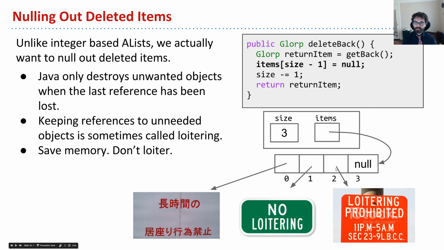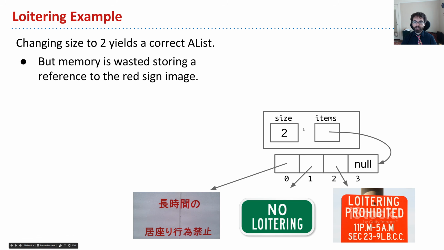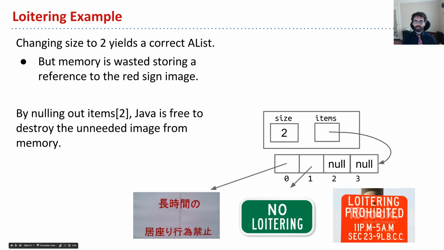And so by setting this thing to null, what will happen if we don't set this to null, when we reduce size to 2, then there's still a link. Look at that. It's horrible. And so basically we're wasting all this memory storing a reference to the sign image, and we just have this Getty images thing laying around. By contrast,